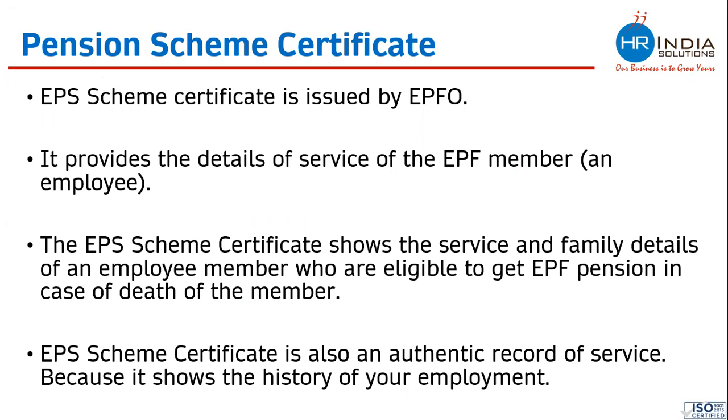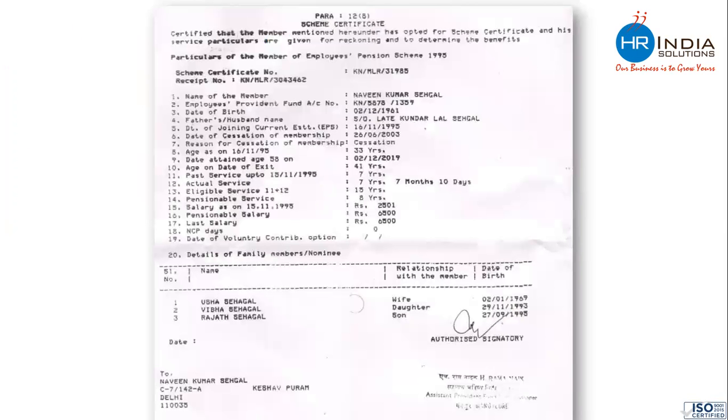So offline is also available, and in online, if the person is not withdrawing, all the information is there in their UAN portal. So there is no need to apply offline also. The option is still available, but it is not that much required nowadays when everything is there online.